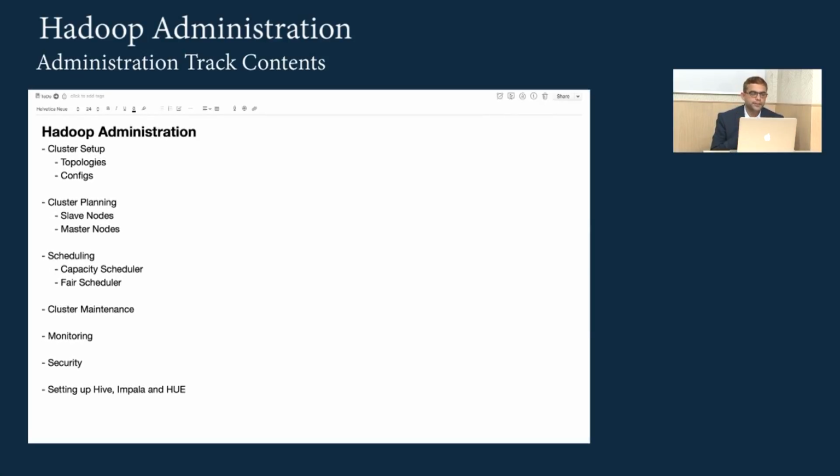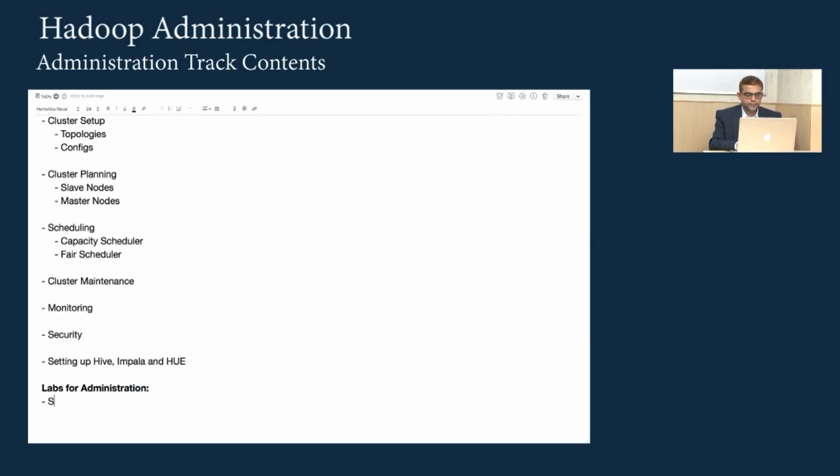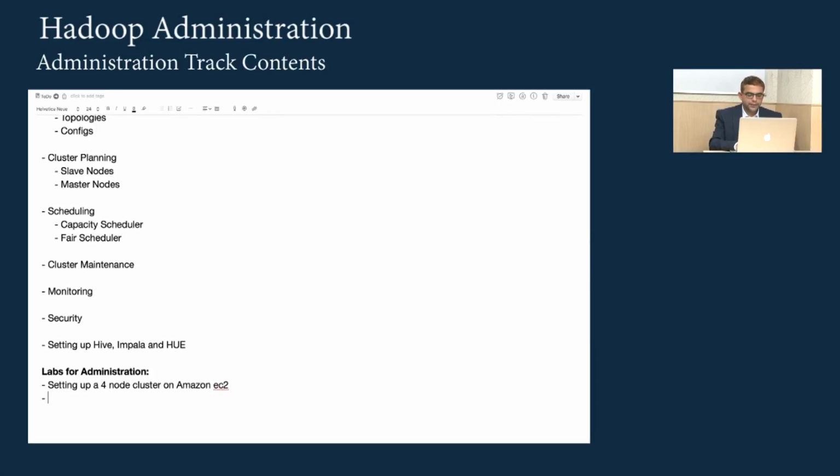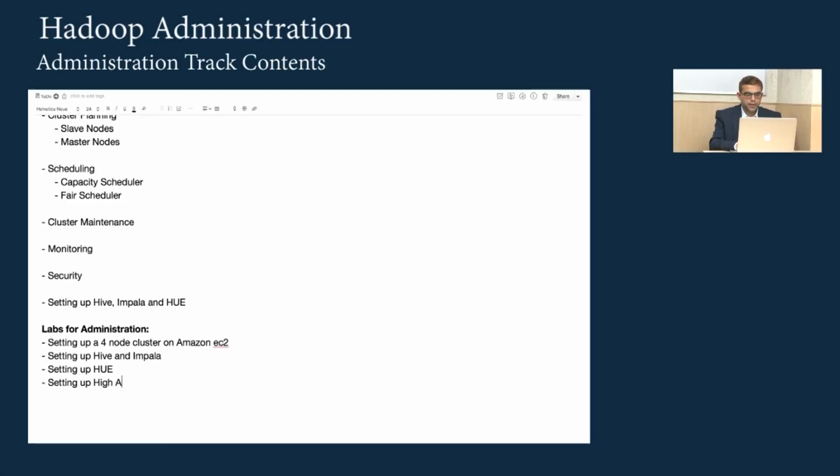After we are done with this part, we will jump on to the labs for administration. In these labs, we will first see setting up a 4-node cluster on Amazon EC2. That's Amazon's platform. Later we will talk about setting up Hive and Impala on the cluster. We'll then talk about setting up Oozie and setting up high availability. All this stuff would be done in a very manual mode where you as an administrator would type all the